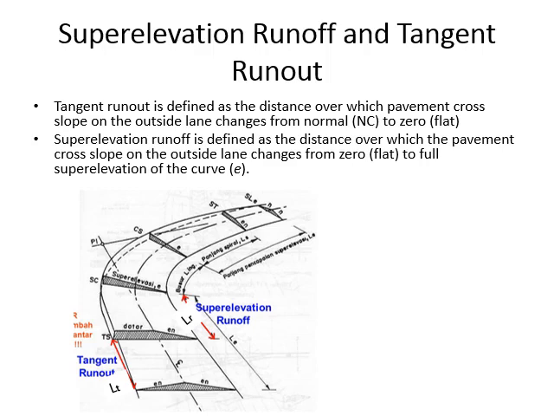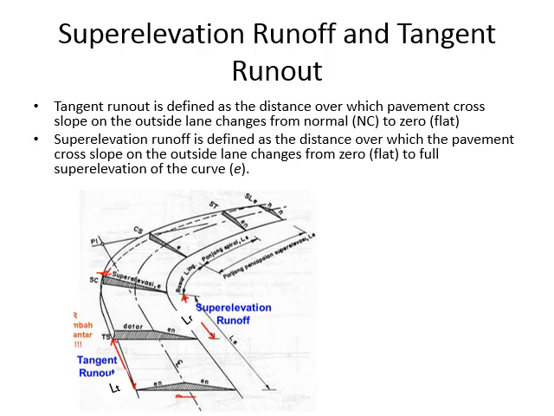Now we talked about super elevation earlier, so let us see how super elevation is attained. We have a normal slope of the road which you can see here. At this section we have the normal slope of the road. You can see it's like a triangle which you have seen in your term projects and the assignment as well. Then we need to convert this into something like this. It will be done gradually, in two parts. The first part is when the super elevation is changed from the normal slope to a zero slope, and then the zero slope is converted into full super elevation.